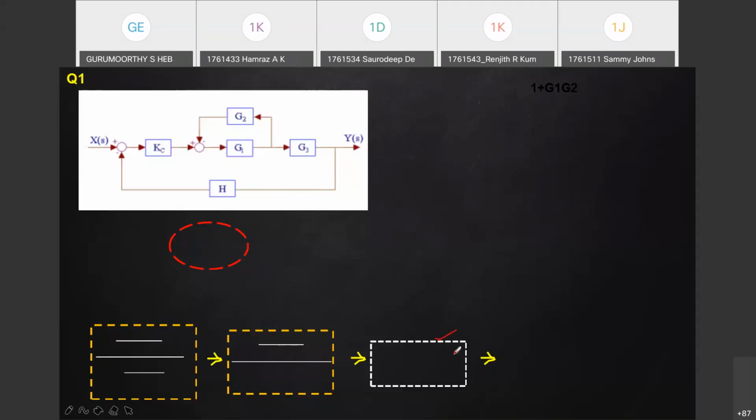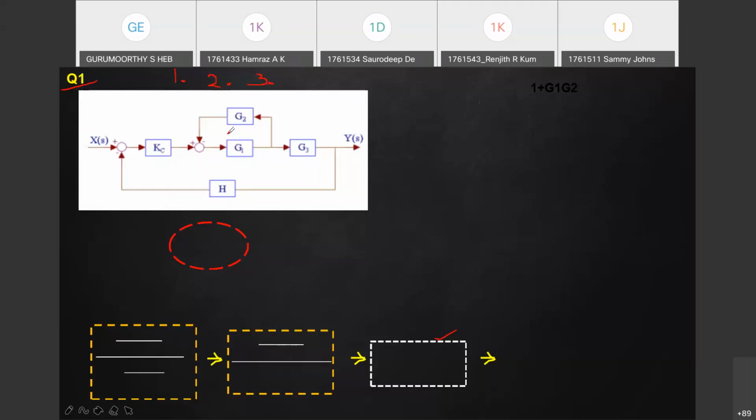So whenever you are given a problem, the first point you have to see is: are there any blocks in series? Second, are there any blocks in parallel? Third, are there any independent loops? Because for all these three, you know the steps ahead. If they are in parallel, you add. In series, you multiply. If it is an independent feedback loop, that is the canonical form, then you have the formula G of S divided by 1 plus or minus G of S H of S. Using that, you can simplify.